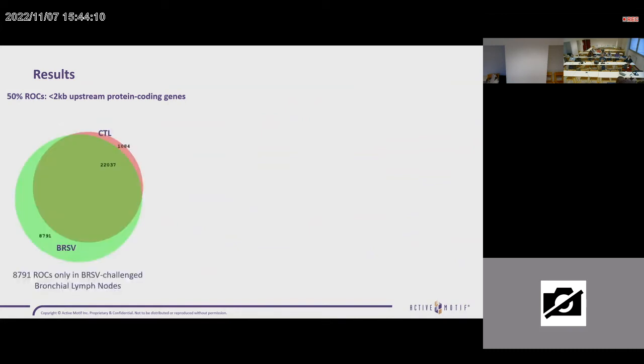So first, they observed that 50% of the regions of open chromatin were located less than 2 kb upstream of protein-coding genes. So it is the confirmation that open chromatin is a transcriptionally active region. They also found that more than 8,000 regions are open only in the BRSV challenged lymph node. And in this chromatin region, there are 174 genes that are also differentially expressed in the RNA-seq